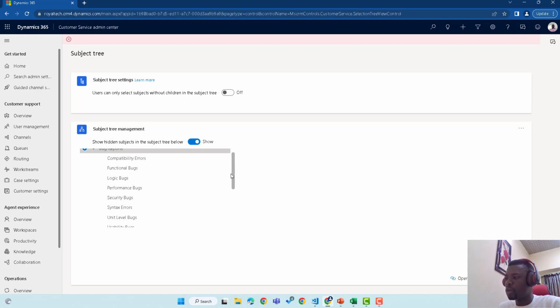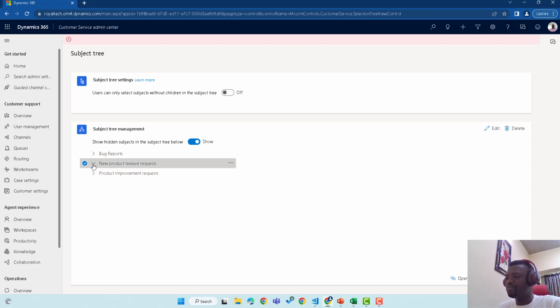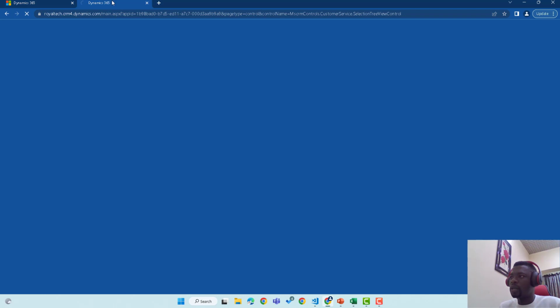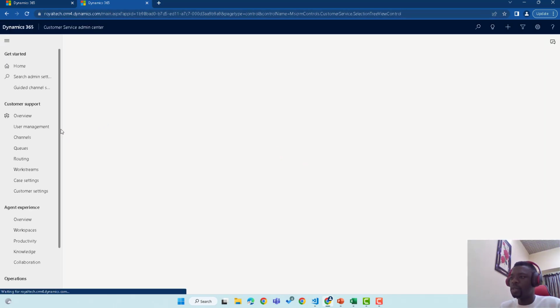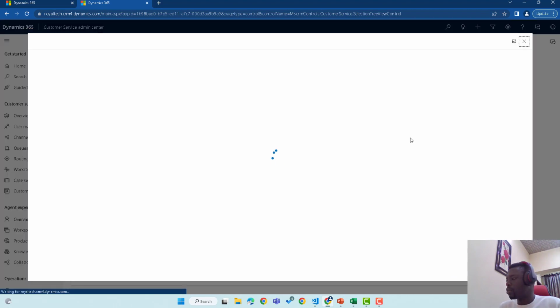And when you come to the bug report, you also have all what was given by the customer. So just have all this done. That's just a quick run through on how you create subjects in your system, and you could have as much hierarchy as you want in the subject tree. Just to see this at work, let me go and perform a sample case request creation, and we could see